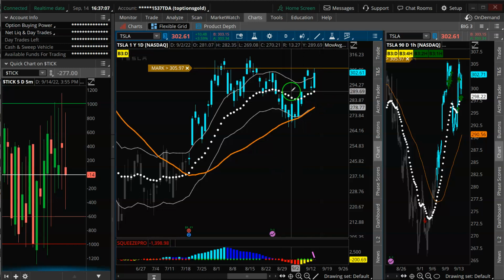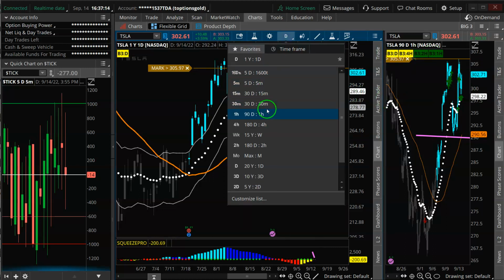We held the dip to the 21 EMA. Always a good thing. And we got some buy signals here on the Big 3 indicator. So today in the options room,